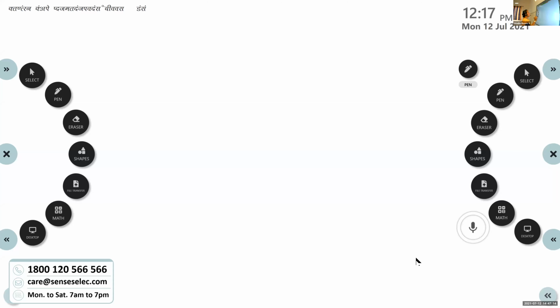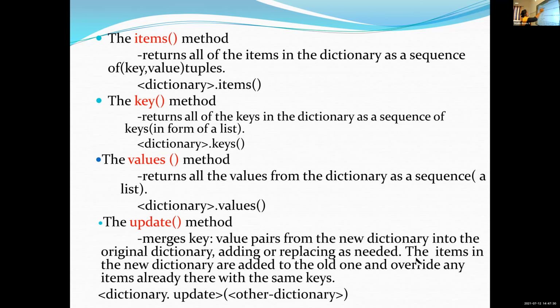So for accessing simultaneous, okay, I did not complete. It's not completed, okay. You only write these items, and its definition and syntax.